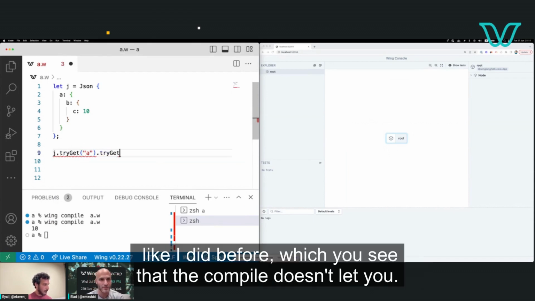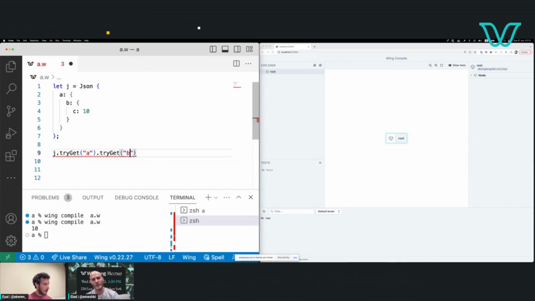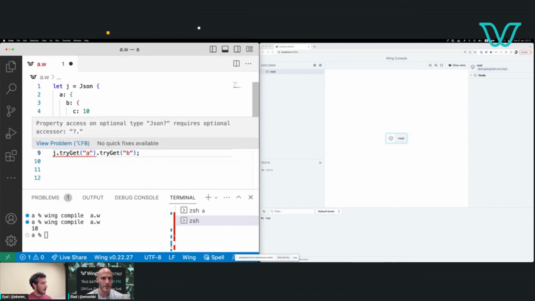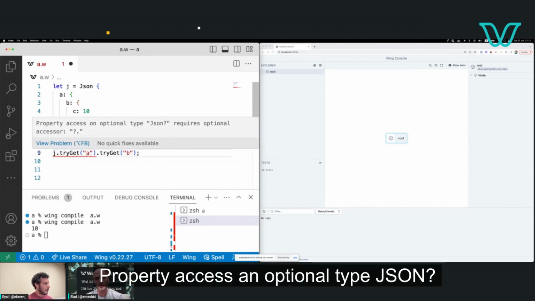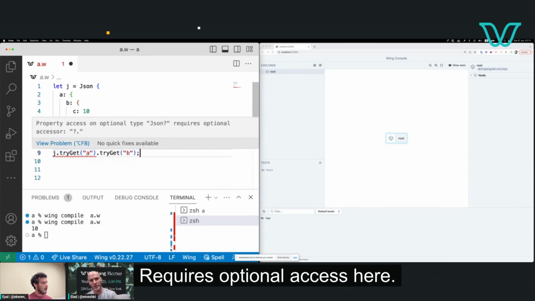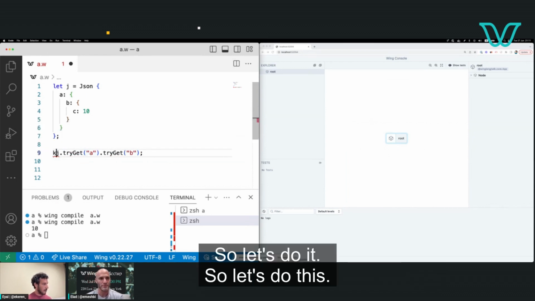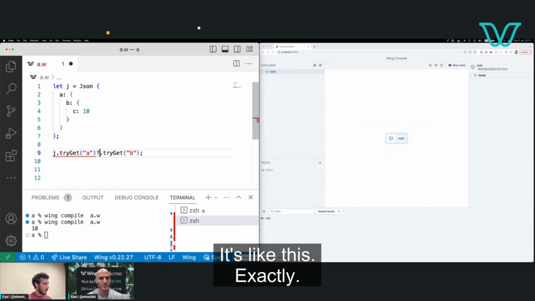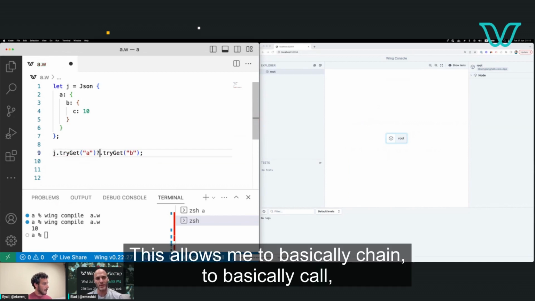Instead of doing try get like I did before, which you see that the compiler doesn't let you, right? Like what's the error? Property acts as an optional type. JSON question mark requires optional accessor. Right. So let's do this. It's like this. Exactly. And this allows me to basically